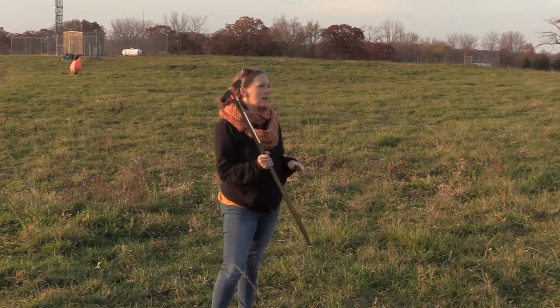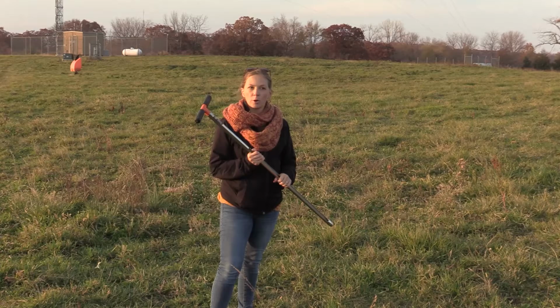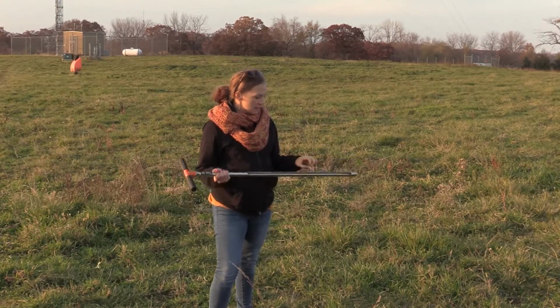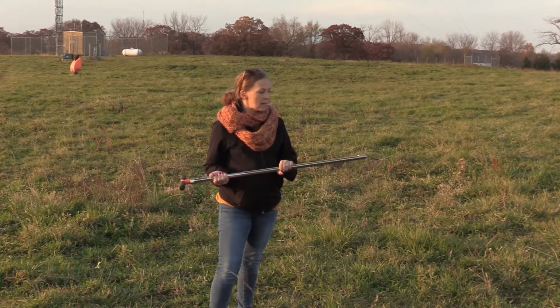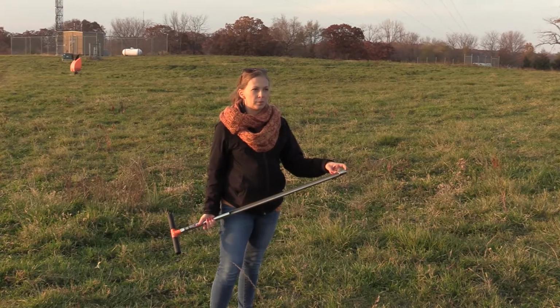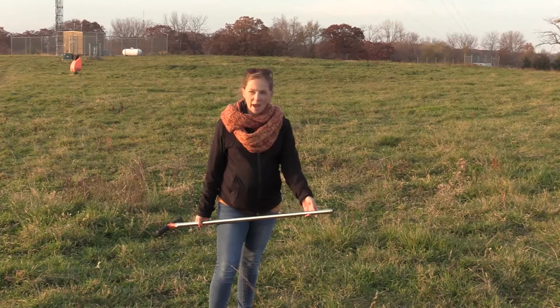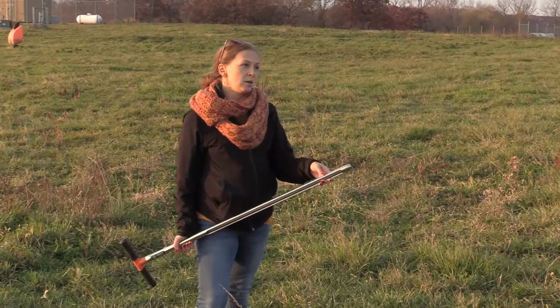Because these will run anywhere from $80 to maybe a couple hundred dollars, depending on what kind of probe you get. So if you really are into this, you can buy one yourself. The probe is really nice. You can use a trowel as well, but the probe's really nice because you get a very consistent sample. And you can mark the interior or the back of this with a permanent marker,